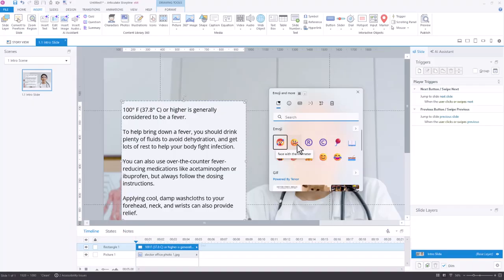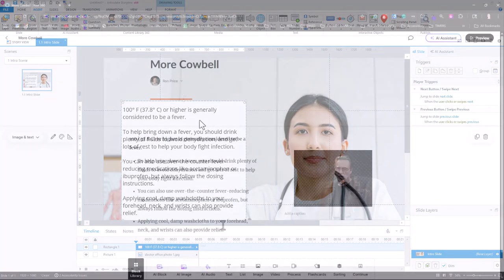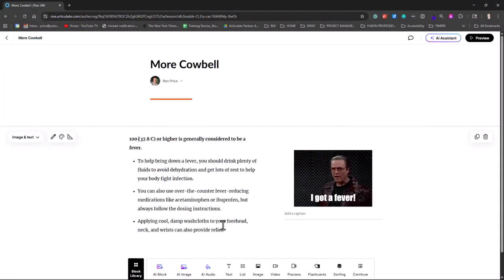There is also the ability to add emojis. They do not work, however, in Storyline. So if I wanted to bring this in to illustrate the fever, I could click this, and you'll see it's creating a space there, but it doesn't really bring in the emoji. Those really are only going to work in a web environment, which does indicate that we could use these in Rise. So if I came over to Rise, and I have a similar course that I'm working on in Rise,